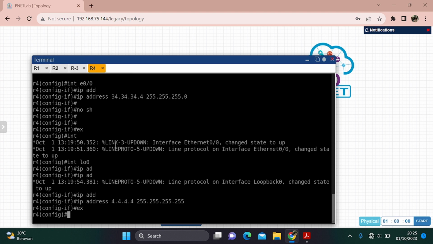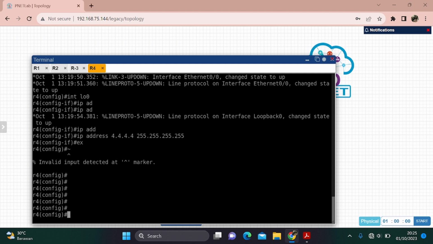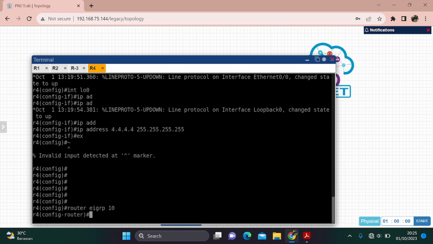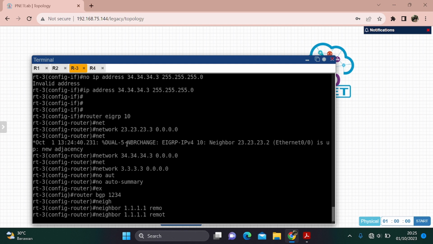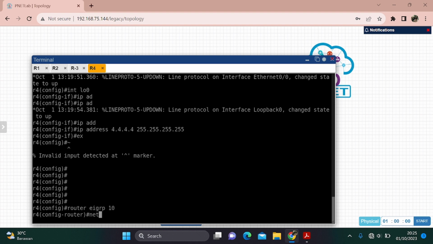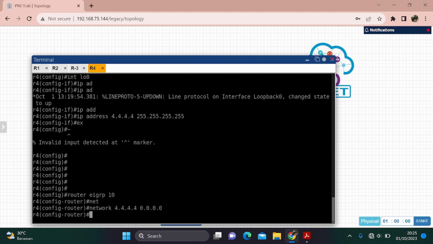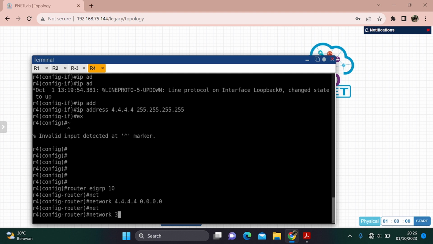Then go to router 4, router EIGRP 10. After that, add the network. After that, add the network 34.